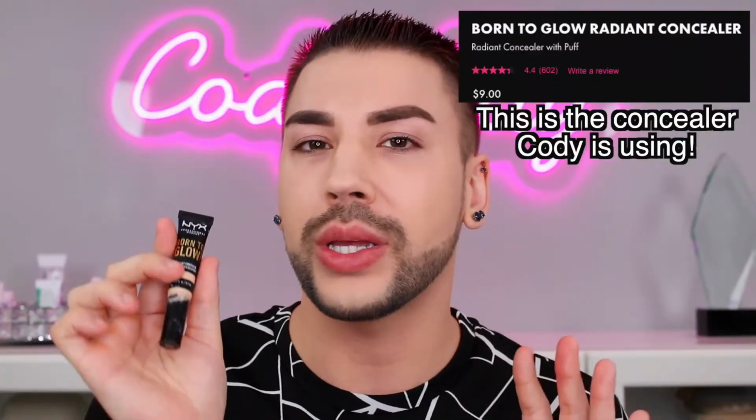Foundation's on, our base is already looking very smooth and nice. And I do want to note that I don't take my foundation all the way up underneath my eyes because that's just a recipe for creasing and nobody on this planet wants creasing. Since we're going with concealer, that's for the most part, most people really only need concealer. They don't need both foundation and concealer. It's a bit overkill. So with this look being more of a glam look, I do want something that's a bit either the same color of...